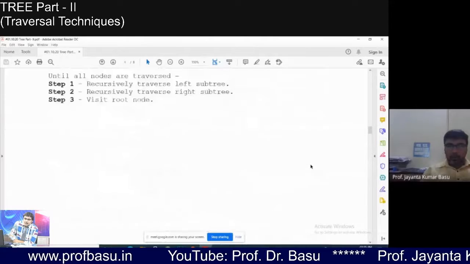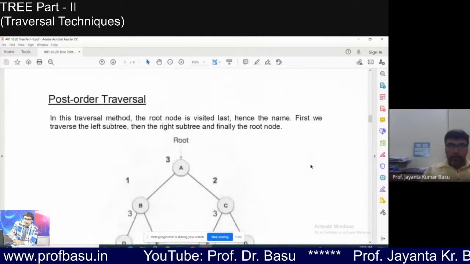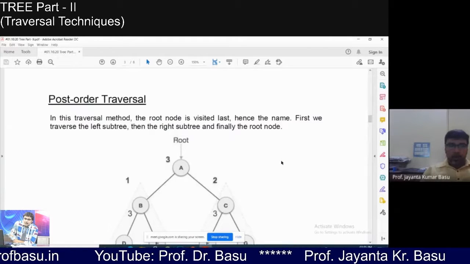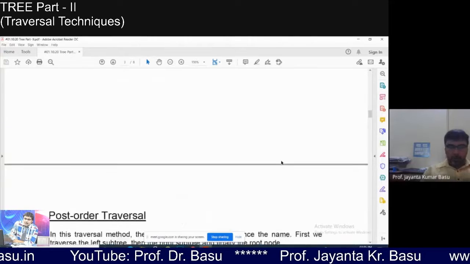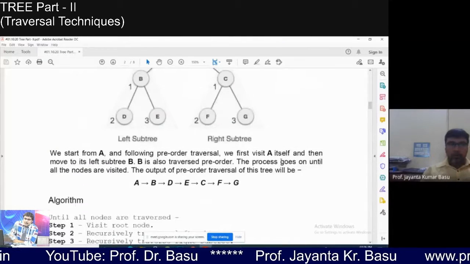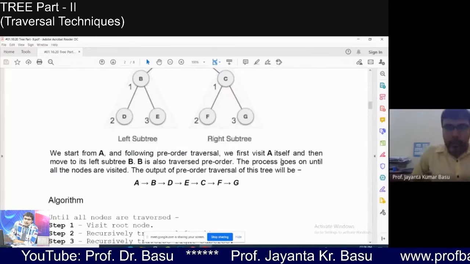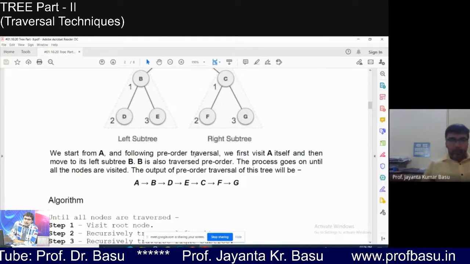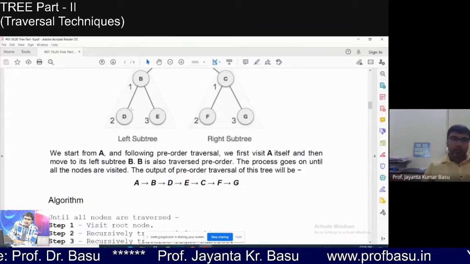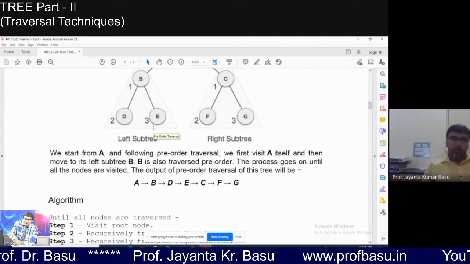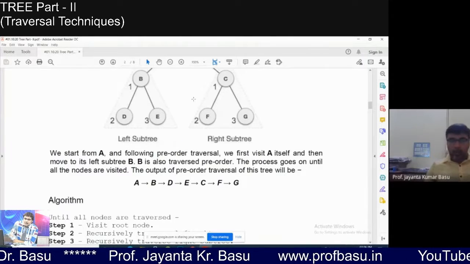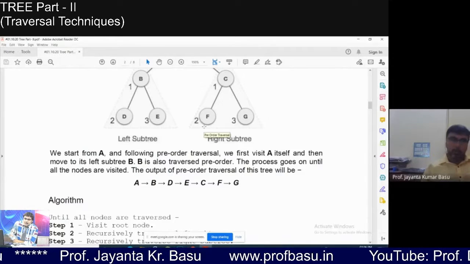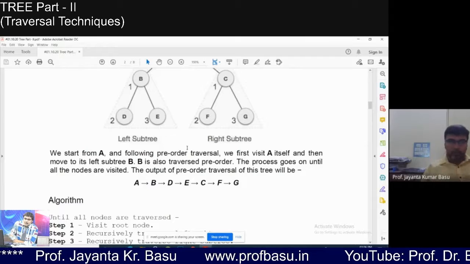So we stopped at the point where we discussed the difference between the binary search tree and the binary tree. Right? I told you that binary search tree is a special type of binary tree with a special property: for a particular node, all the nodes in the left subtree will have less value, and all the nodes in the right subtree will have greater than or equal value. Okay. The key value.